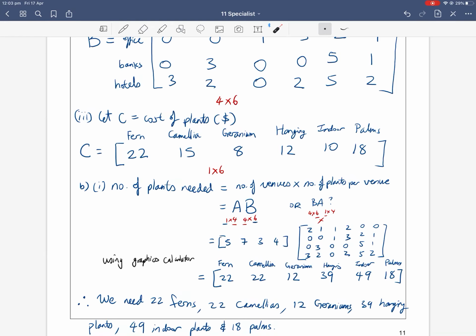Do the inside dimensions match up? Number 2, do the outside dimensions match up with what I expect my answer to be? If I'm expecting a total cost, which is a single number, and my matrix multiplication gets me a 1 by 6, that isn't sounding very good. And the third thing to check is row by column. Does my row by column make sense when I'm multiplying